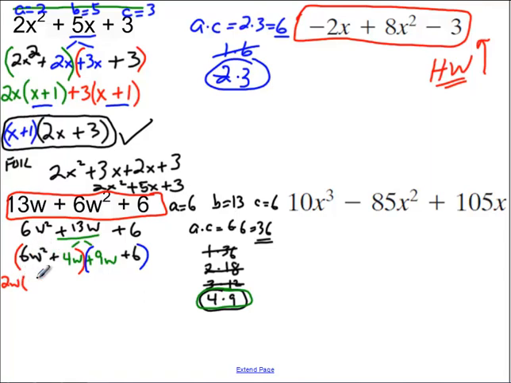6w squared divided by 2w gives me 3w. Plus 4w divided by 2w is plus 2. And now we go over here to blue and we say, for these, what's the greatest common factor? There's no w, but there is a 3, so we can factor out a positive 3. 9w divided by 3 is 3w. Plus 6 divided by 3 is plus 2. And you know you're on the right track when the 3w plus 2 and 3w plus 2 shows up in both of these